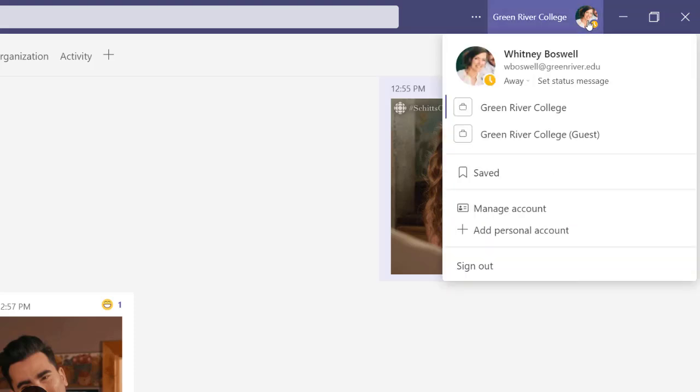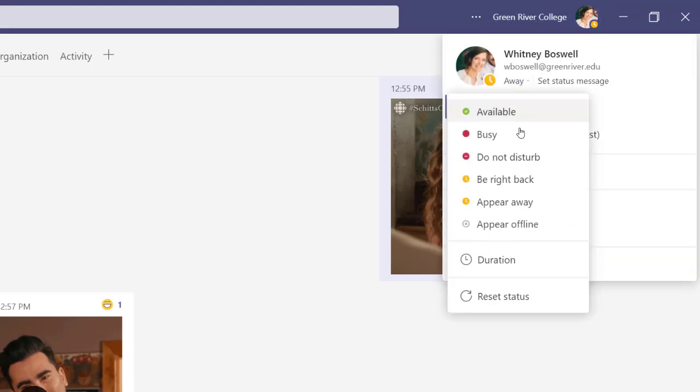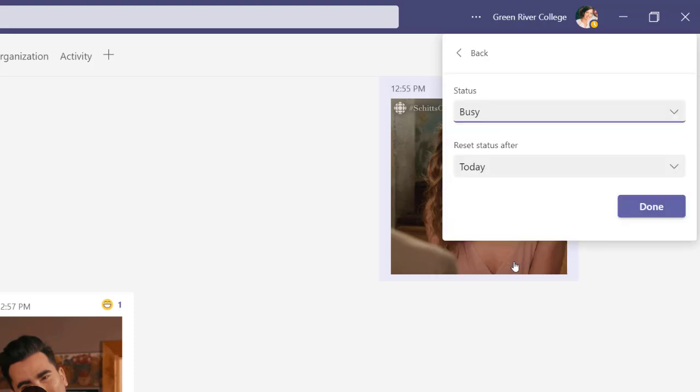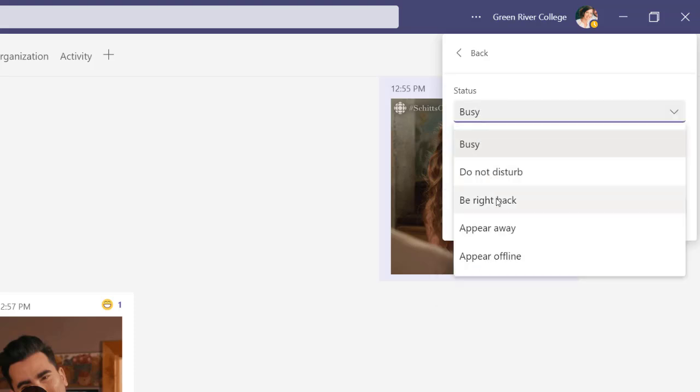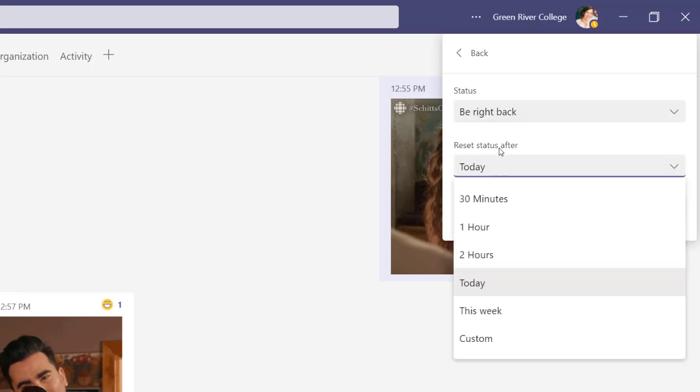Let's say you want to be right back, but you're going to be like a half hour. Instead, what you could do is you could click Duration. Now, if you click Duration, you get to choose which status. So I'm going to want to be right back. And when do I want this to reset?